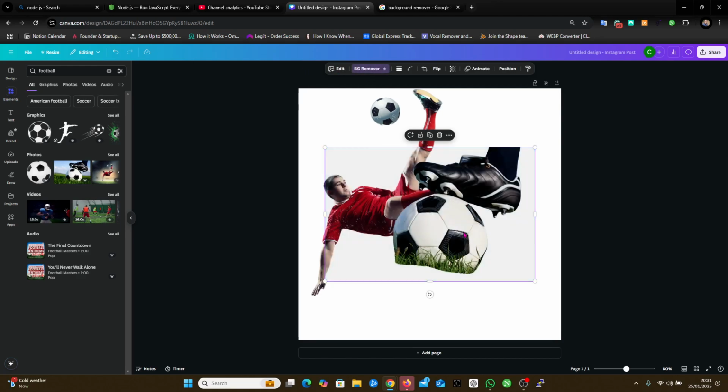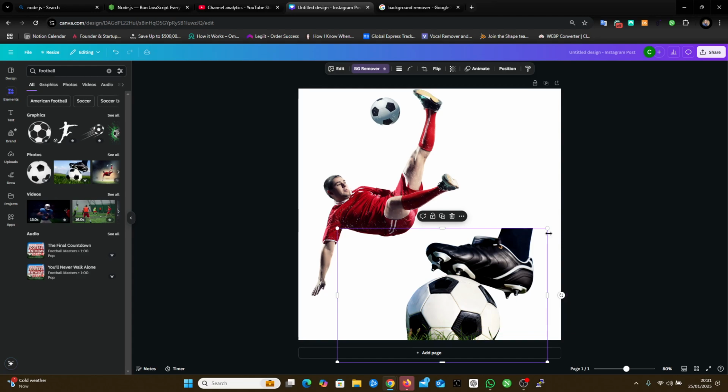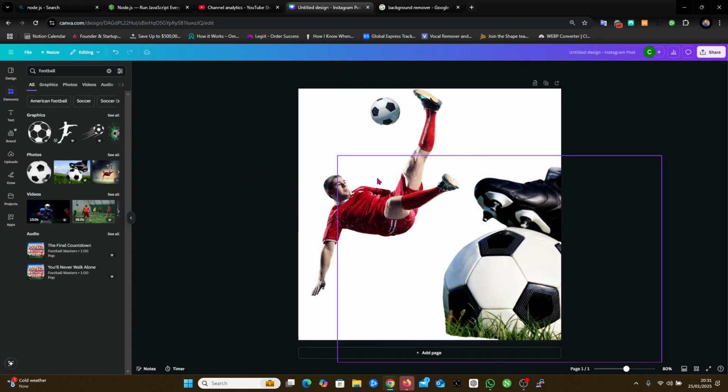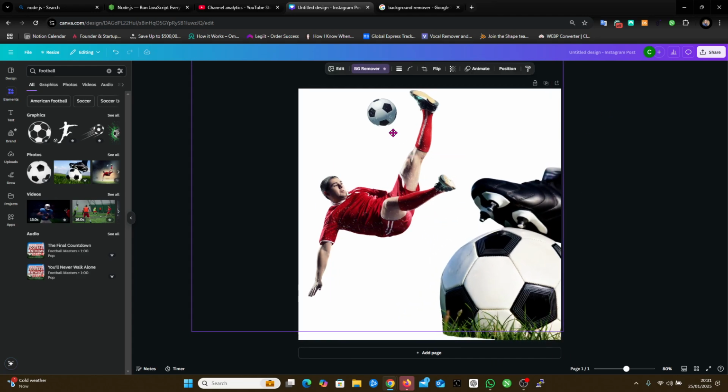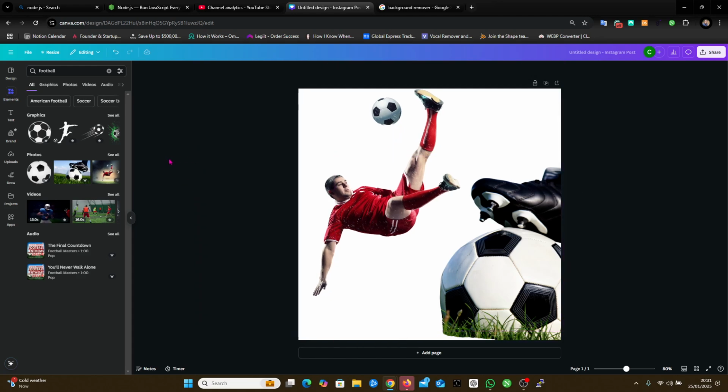Just do it again with this. So it's just as easy as clicking that. You don't have to go round or use a cutting tool or anything like that. You just bring in an image,